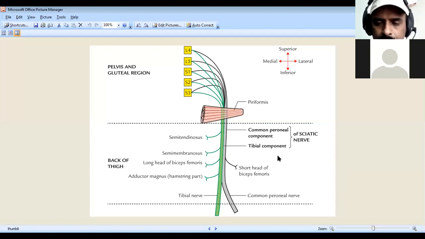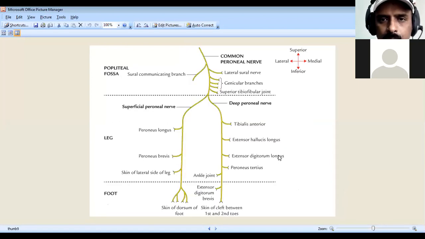You have to tell which compartment it comes in and which muscles at the back of the thigh, the hamstring muscles, are supplied. At the superior angle of the popliteal fossa, it divides into tibial and common peroneal. One more, we have the sciatic bed: obturator internus, externus, and gemellus superior, inferior. All of them form the sciatic bed. That also you have to remember. So this is all about the sciatic nerve, tibial nerve, common peroneal nerve, and obturator nerve. This is one of the important nerves we have covered.